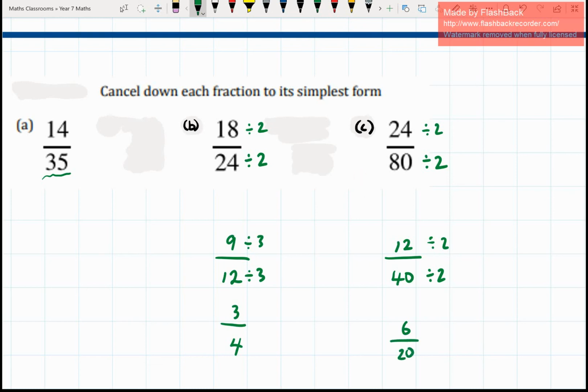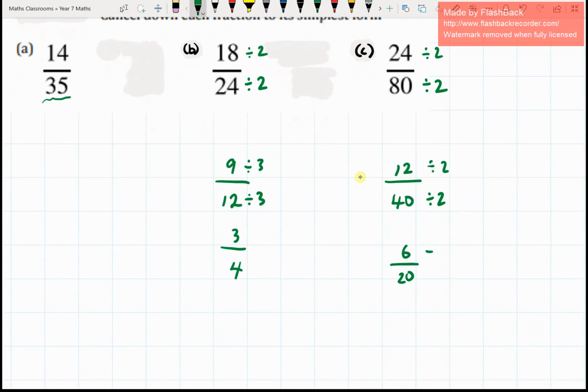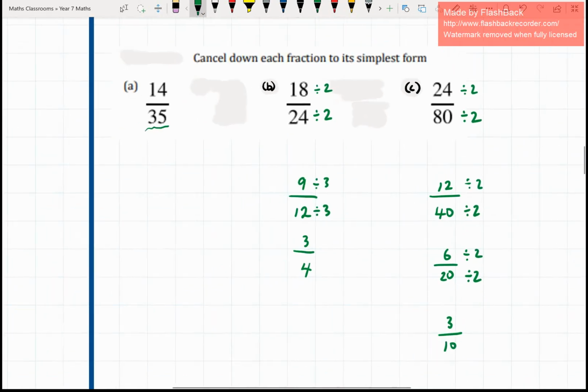And I'll look at that and say, okay, that can definitely be divided by 2 again. So I've got 6 divided by 2 is 3, and 20 divided by 2 is 10. And now I have finished. For this one,